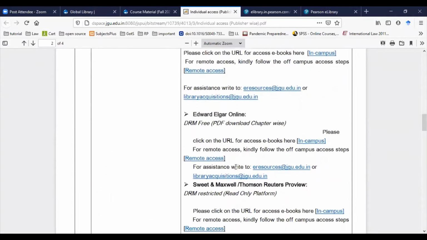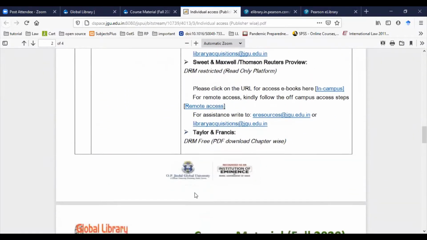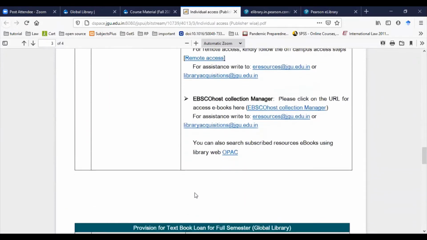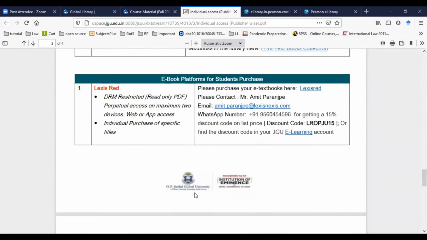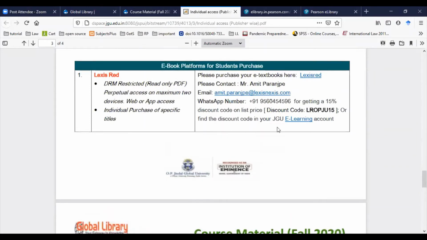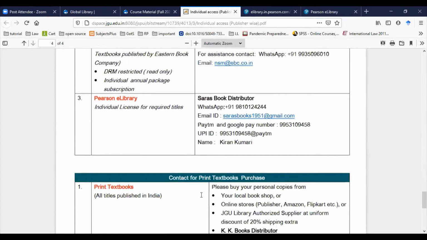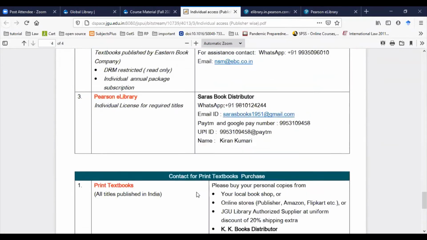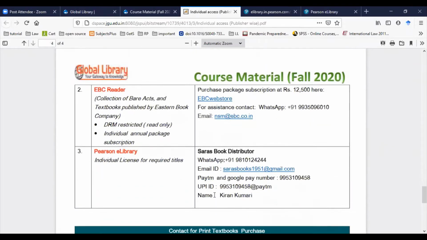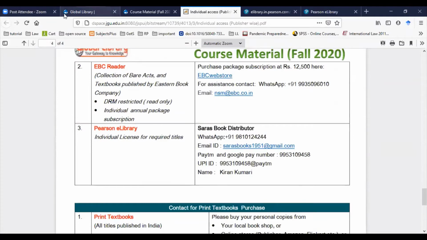We have given all the information for the different publishers we have. In case you want to offer a certain kind of discount with various different platforms, you can even do that. You can directly get in touch to procure or purchase any of the books and so on.